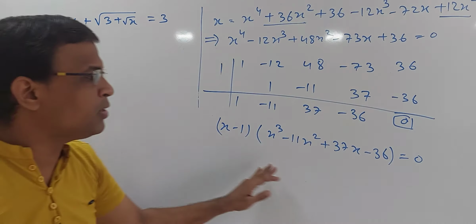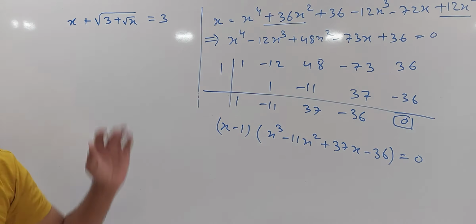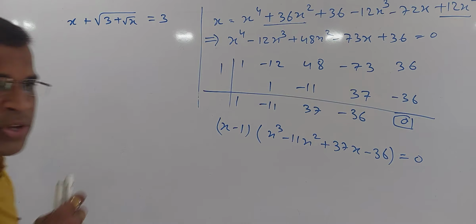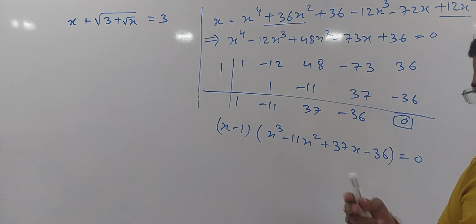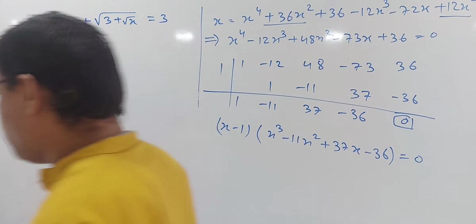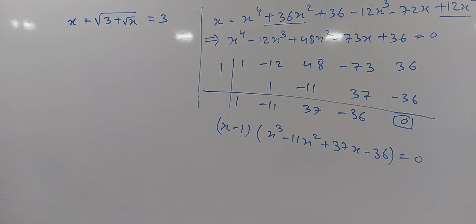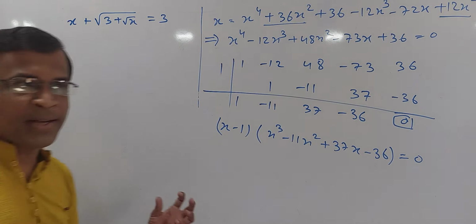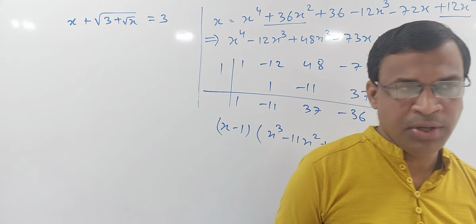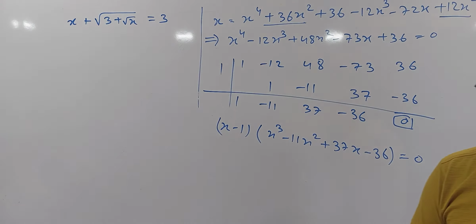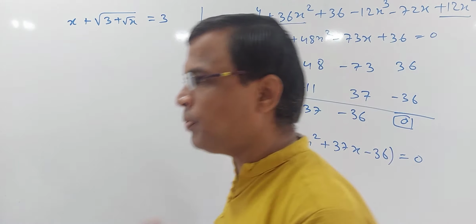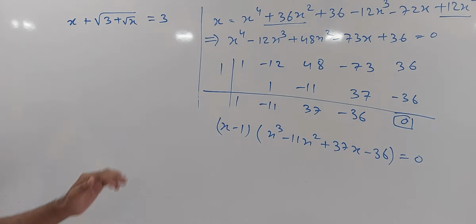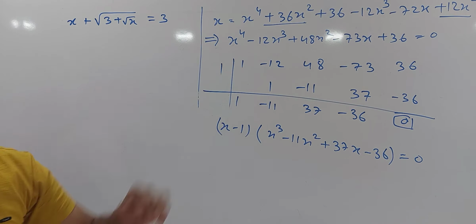Now that's why this question is asked in those big exams. Generally when this kind of question is asked in mains and advanced exams, there are 2 types of questions they can ask. One is find the value of x, that is, solve this equation. The other is find the number of real zeros. So I got 1 zero right now, that is x is equal to 1.